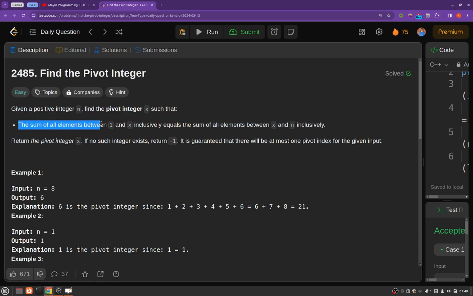The sum of all the elements between 1 and x inclusively equals the sum of all the elements between x and n inclusively. Return the pivot integer x. If no such integer exists, you should be returning -1. It is guaranteed that there will be at most one pivot element out of the given input. So you can return whichever